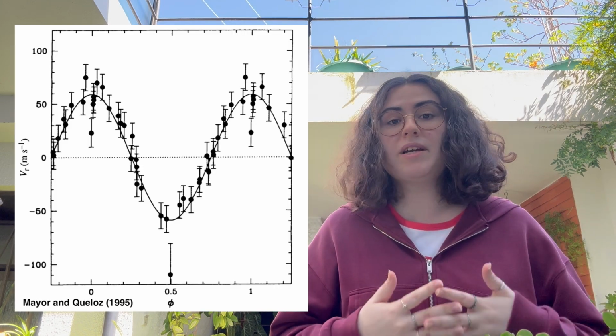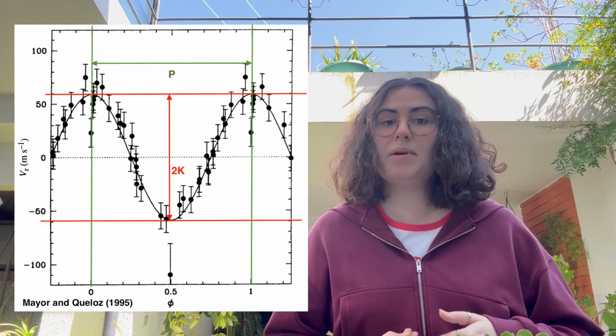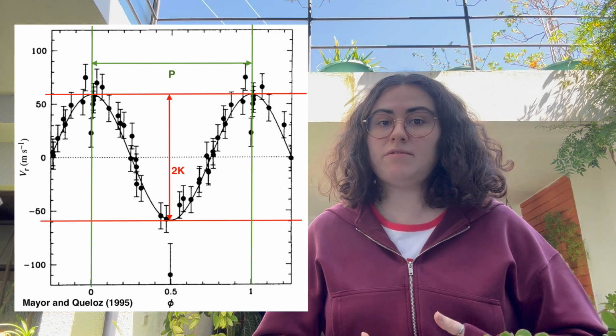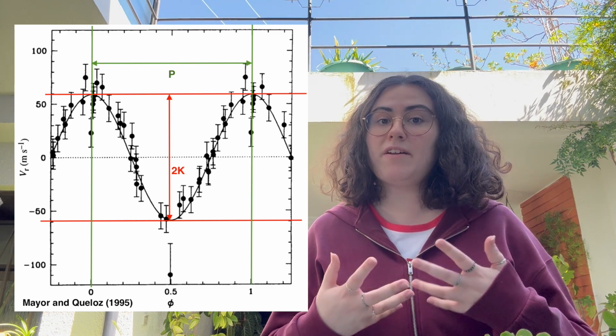Like transits, this wobble can be detected from space, which produces graphs like this one. From here, we can extract the velocity amplitude and the period of the wobble. Assuming conservation of momentum and knowing the mass of the star, we can find the mass of the planet. Combining this with the transits method, we can actually find the planet's density. This tells us if it's a rocky planet like Earth or a gaseous planet like Jupiter.